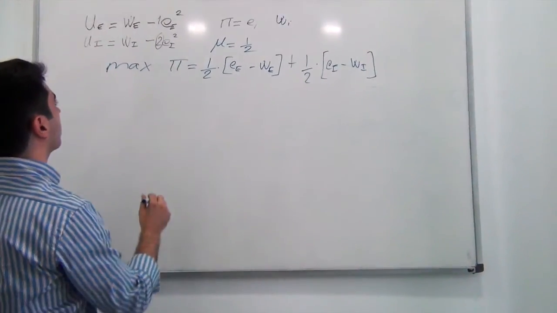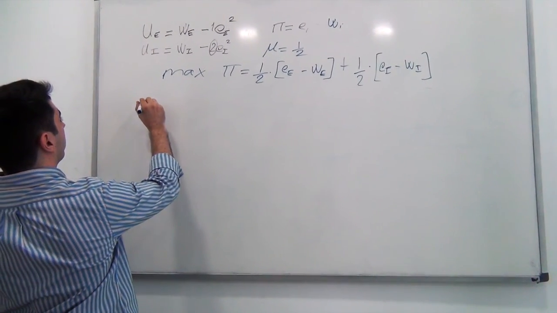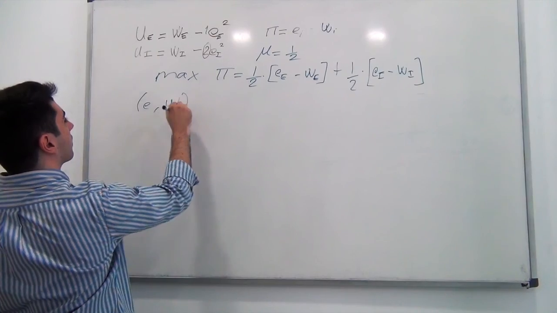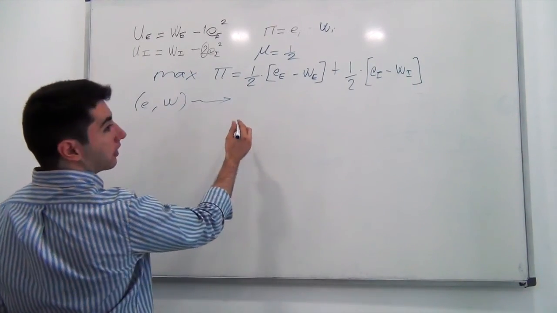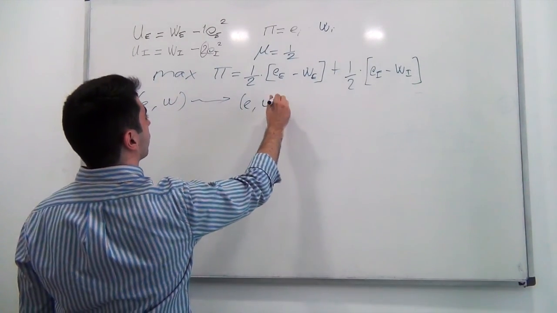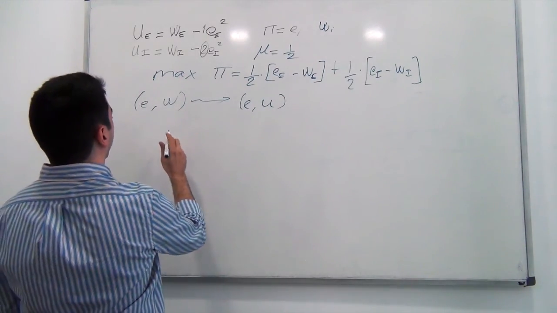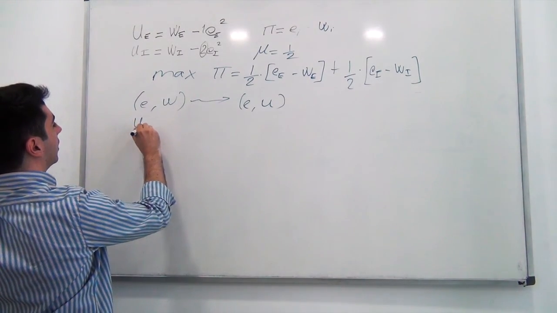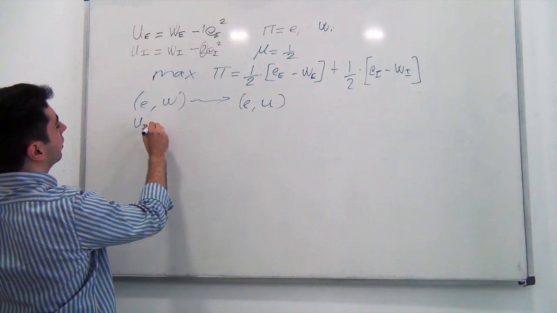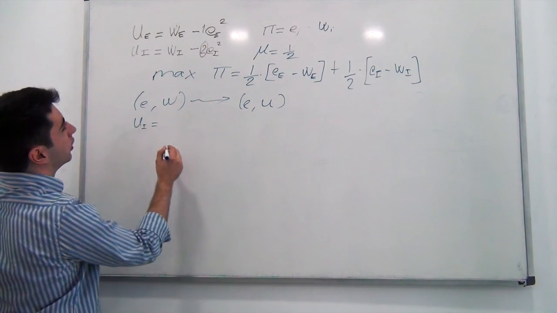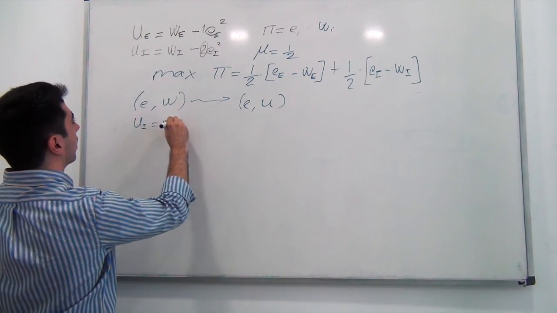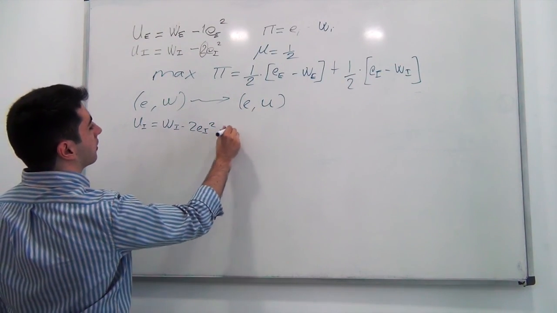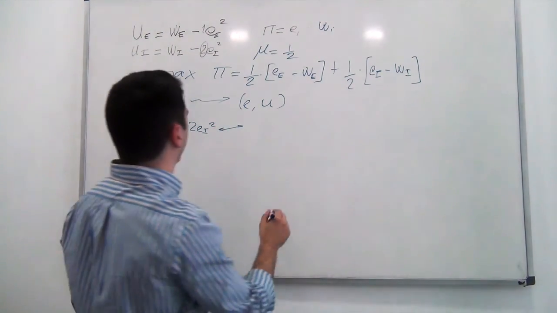This trick consists of the fact that you have effort and wages, and you change this into effort and utilities. It all begins by saying that the utility of the agent, the inefficient type, is equal to this. And this is equivalent to saying that